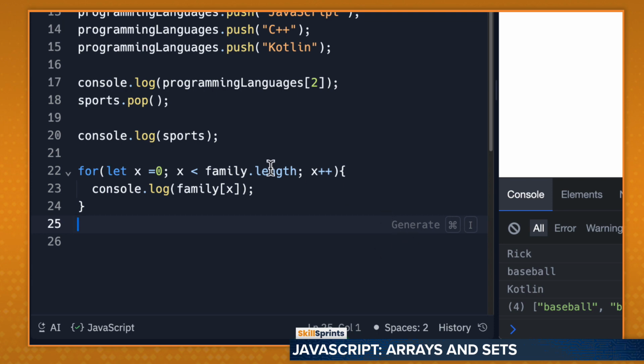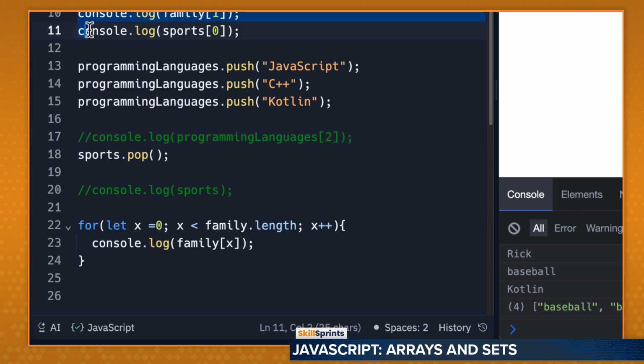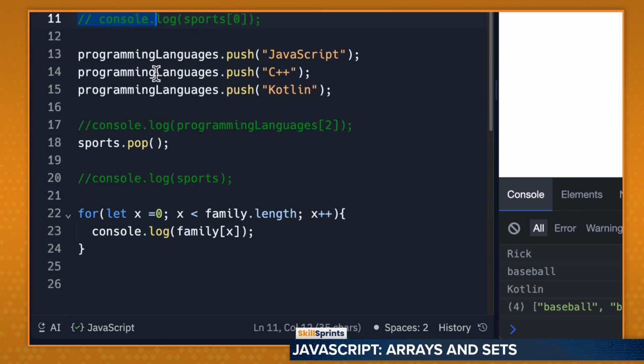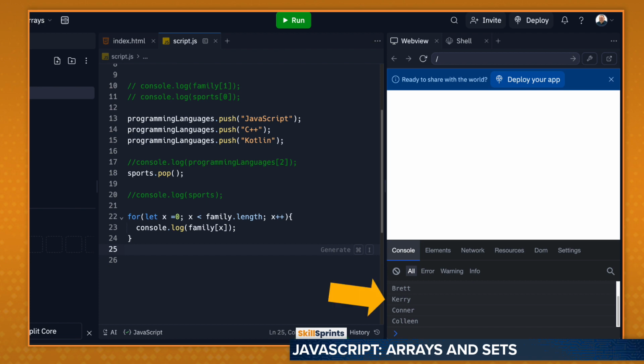I'm going to go ahead and comment out these other console logs so we don't have any confusion. And we'll only get the results from our loop. Let's go ahead and run. And there you can see we get all of the members of our array output: Joan, Rick, Brett, Carrie, Connor,